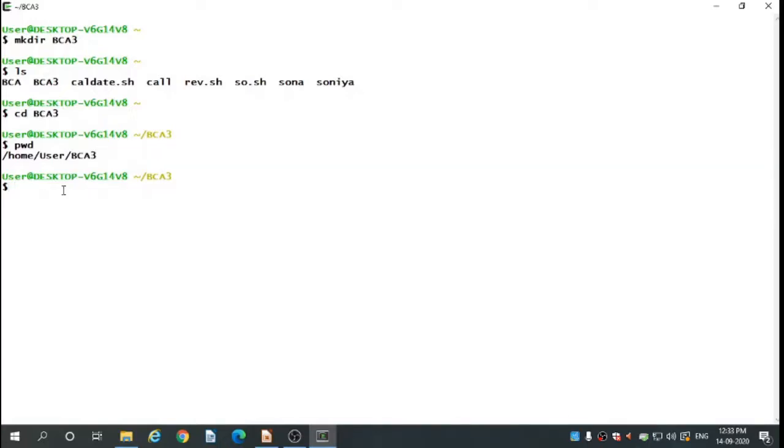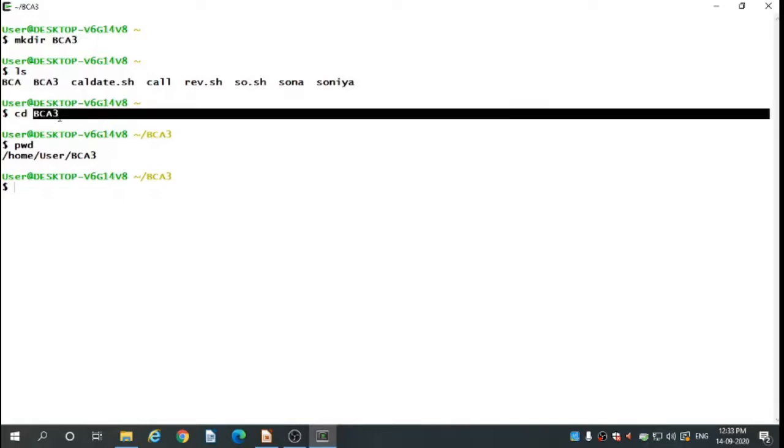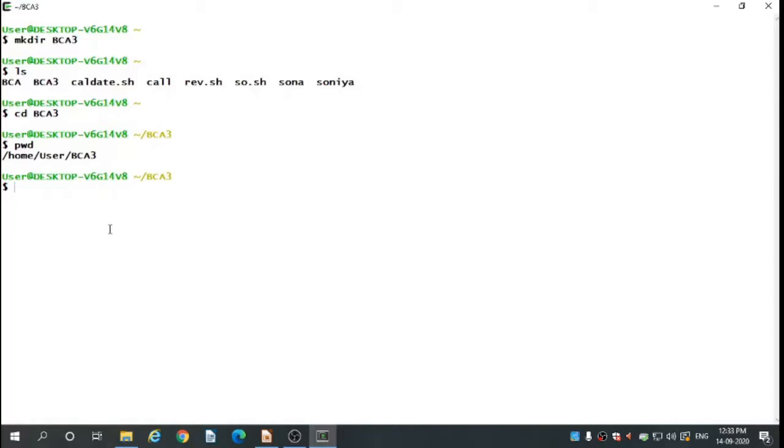Presently, that directory where we are working, it will show. So next we have the mkdir command, because we are creating another directory in the same BCA3. Sorry, we need to give separate names here.